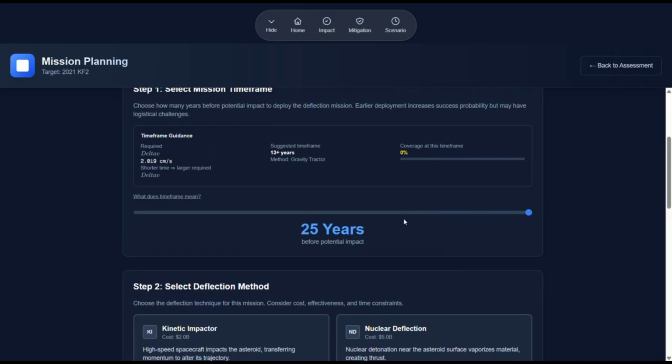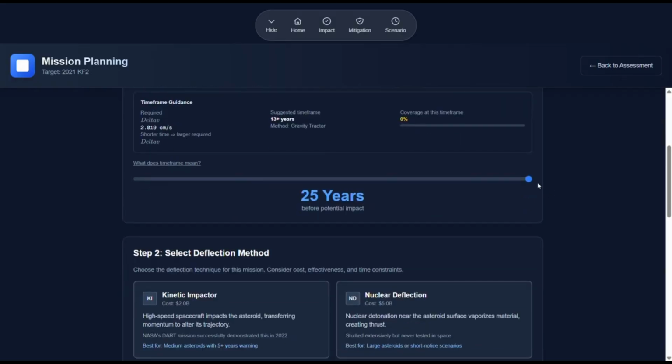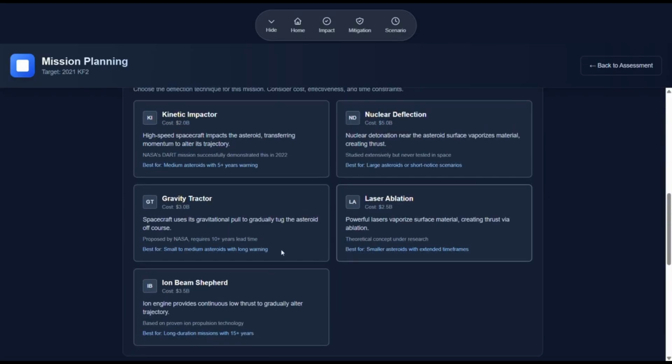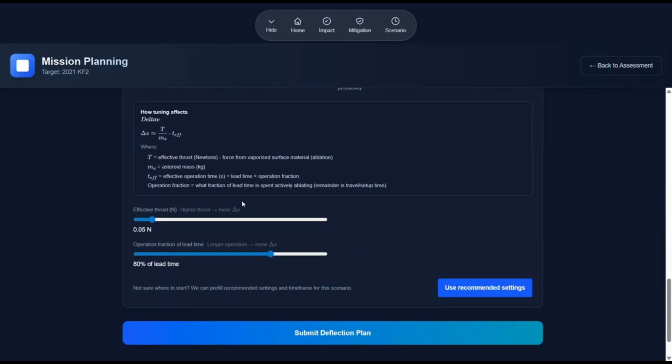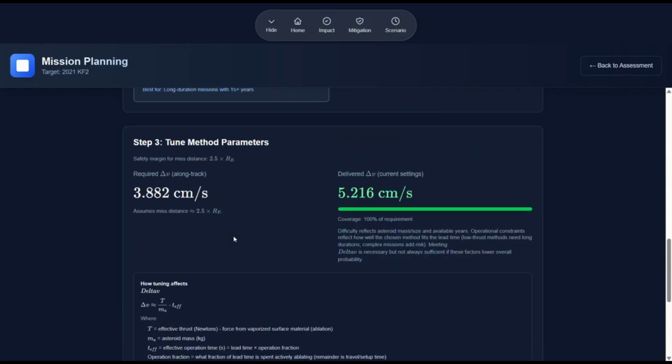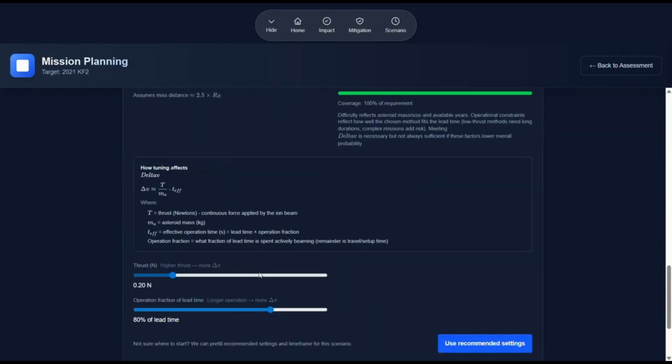And the longer the timeline, the less deviation you need. And you can see the different strategies that you could use with their costs. And each of those different strategies, you can tune the parameters, and you can see each of those defusion strategies will have their own